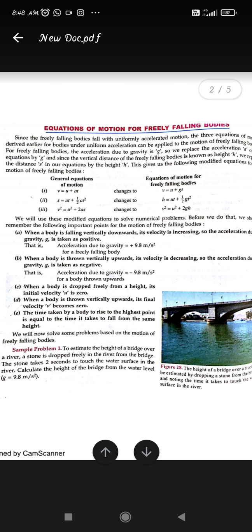Now we were talking about the body in free fall, right? In the motion of a freely falling body, the only force acting on that object is gravitation. No other force will influence the object. So for freely falling bodies, the acceleration due to gravity will be working. We can say that on freely falling bodies, the acceleration a will be replaced by the acceleration due to gravity, because the only acceleration on that body is due to gravitation.